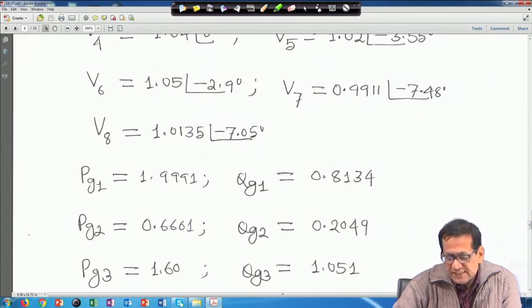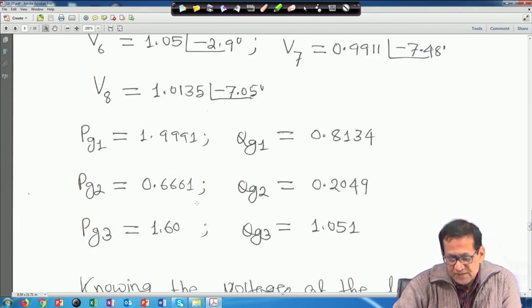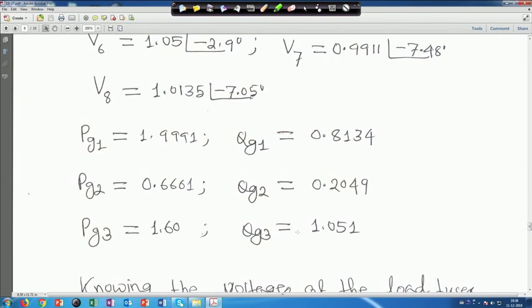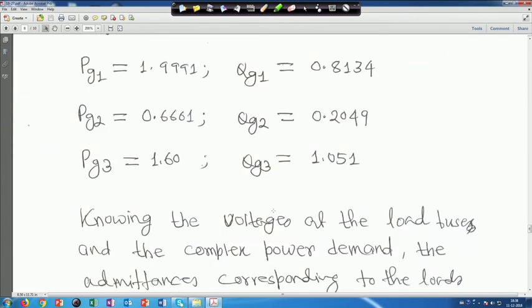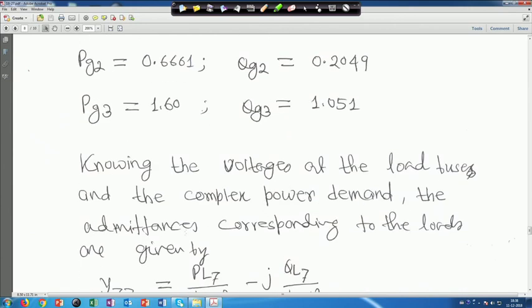Pg2 is 0.6661 per unit, Qg2 is 0.2049 per unit, Pg3 is equal to 1.60 per unit and Qg3 is 1.051 per unit. All these things are given. Knowing the voltages at the load buses and the complex power demand, the admittances corresponding to the loads are given by,